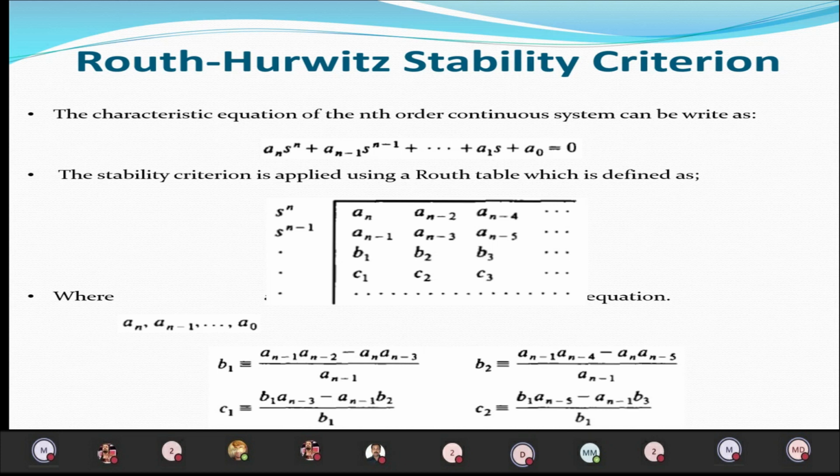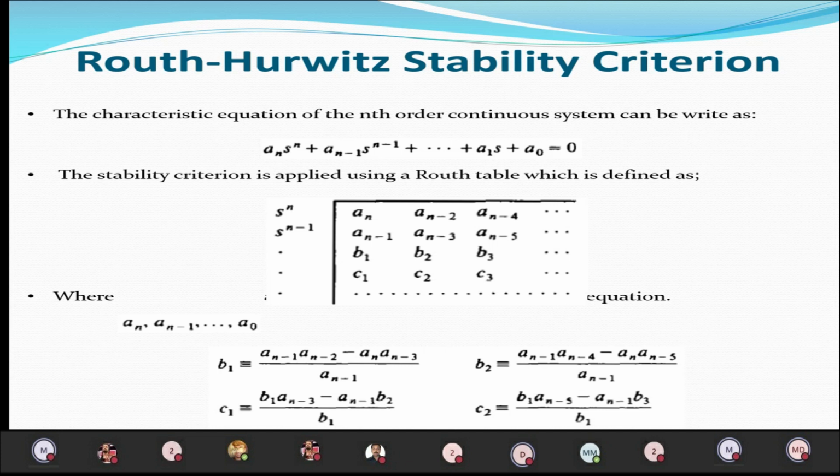The order of the system varies from a first order system to higher order systems. So we are going to take the characteristic equation, which will be given or obtained from the closed loop transfer function only. The characteristic equation is nothing but 1 plus G(s) H(s). That characteristic equation is then used to construct the Routh array. How are we going to construct it?